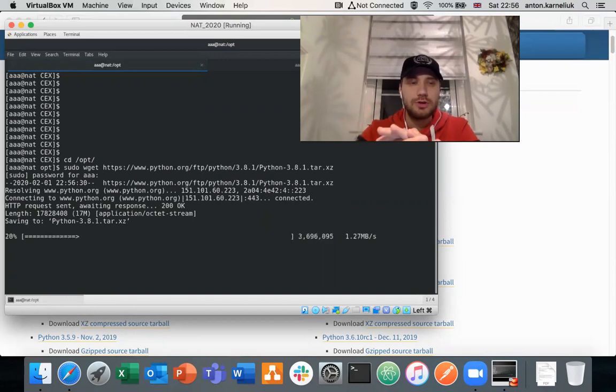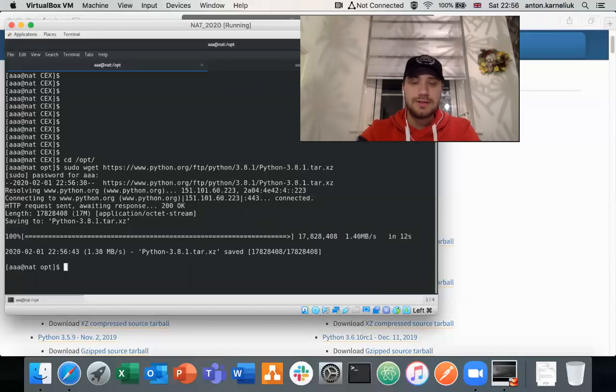You see it's downloading. It's not taking that long, just perhaps a couple of seconds. It entirely depends on your network speed. Once it is downloaded, we can check that it is available. So you see this file is about 17 megabytes. So now we can